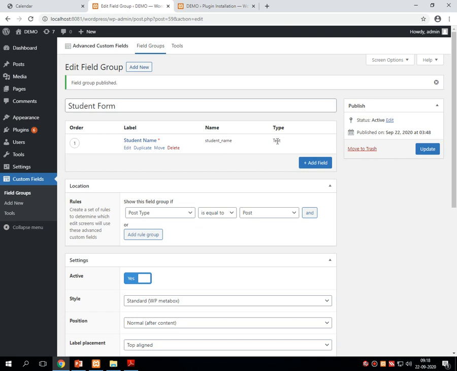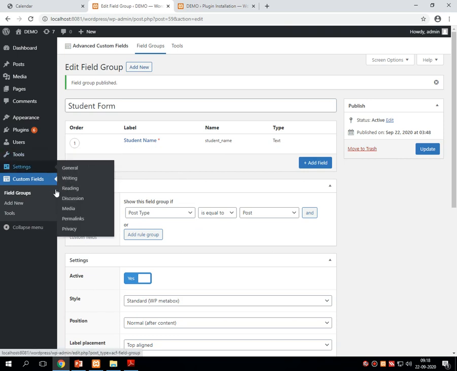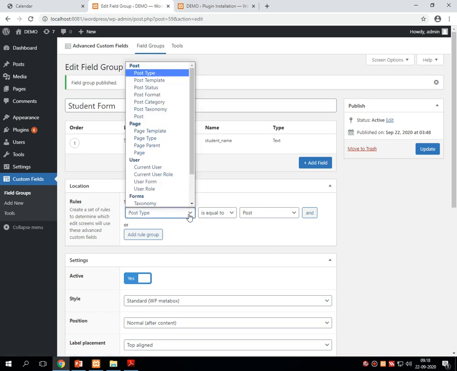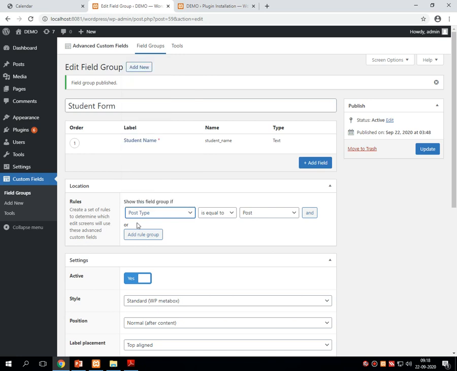So it is done. Now what I have to do, either I can go for the post or I can go for the page. Many more options are also available. I can put this advanced custom field in all these options, but yet I have given on a post type, right? So let me check over the post.